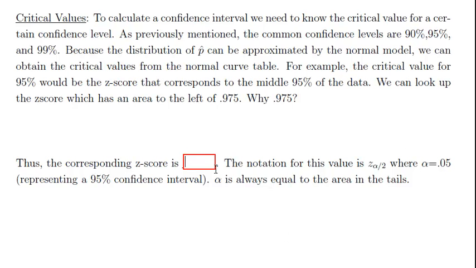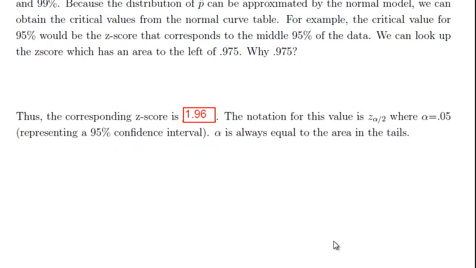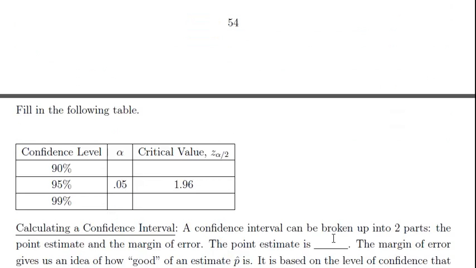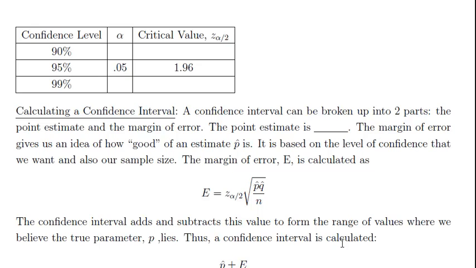And so this value here is 1.96. The notation for this is a little bit confusing, and I'm going to just stick with what the book uses. The book uses this z alpha over 2 subscript, and for alpha equal 0.05, that's where we got the 0.025 in either tail. That represents a 95% confidence interval. I know that's a bit confusing, and so I'm just going to give you the values for the critical